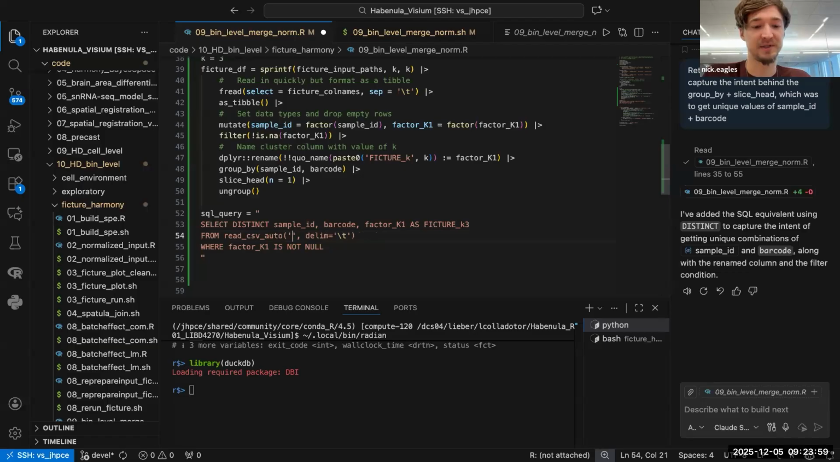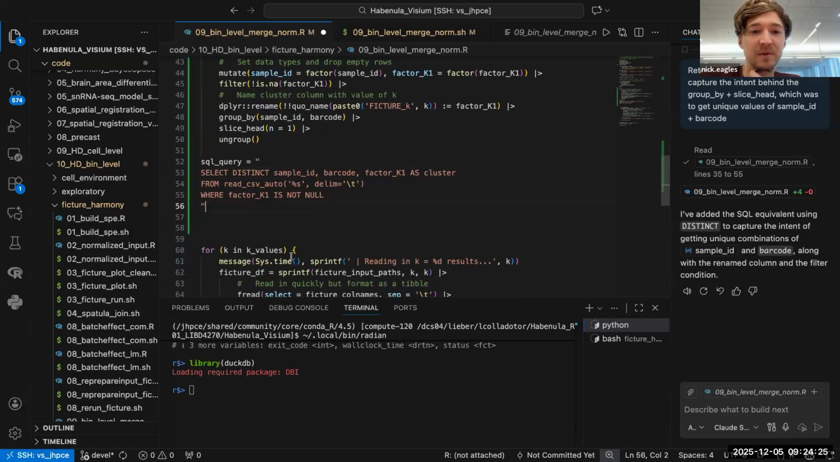So I'm just going to use a sprintf. I'm going to make this %s for now, and then let's just call this column cluster. So we have the sample ID, the barcode, and cluster. And okay, so next step, I guess we can